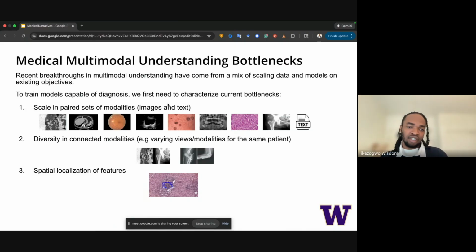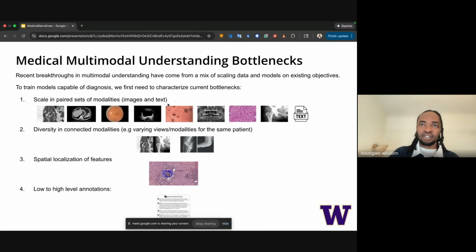I think spatial localization of features is also very important, as models need to ground their understanding to specific regions in the medical image and not just recognize global patterns, as a lot of times the local structures and morphology and the relationships between them hierarchically tell a better semantic story at the high level towards a diagnosis. Finally, we need annotations that connect low-level descriptions of visual features to high-level clinical reasoning and diagnosis. This hierarchical setup enables models to learn similar to how clinicians do.